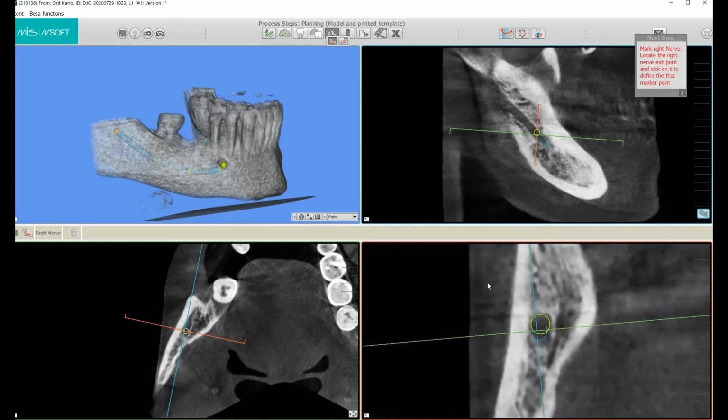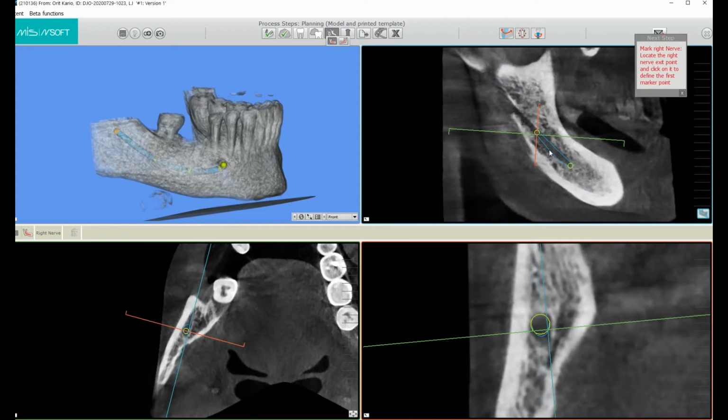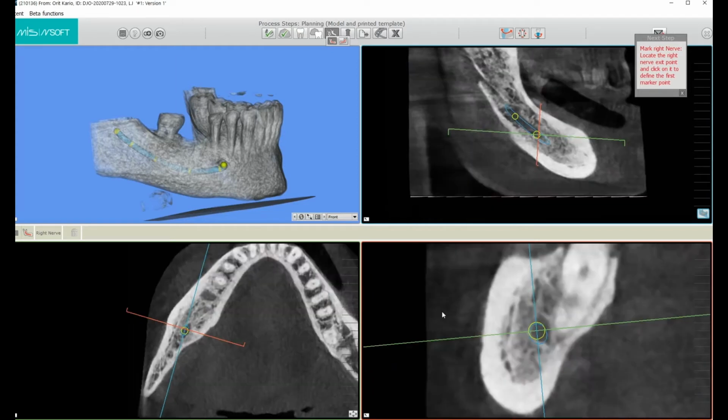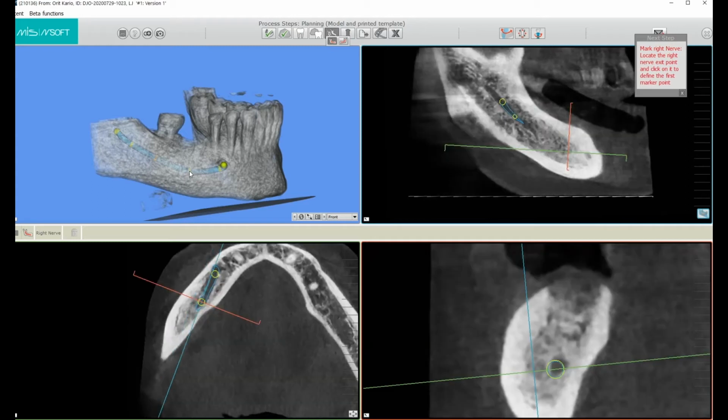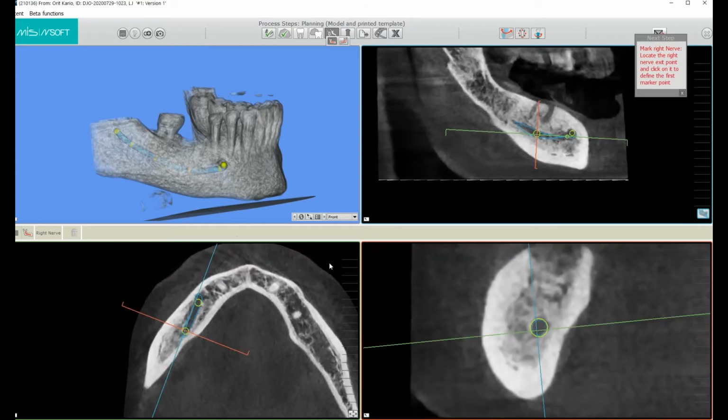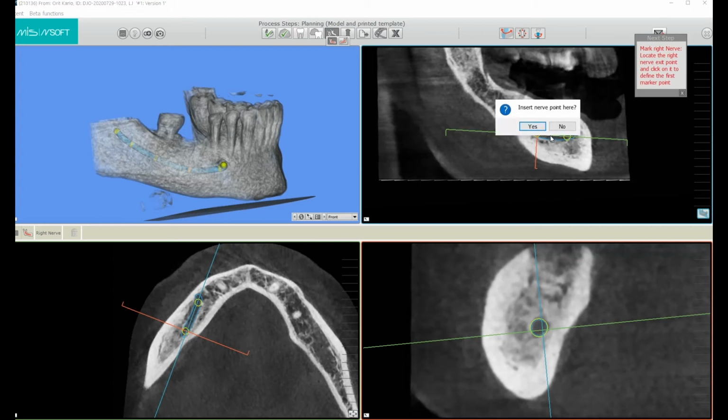At this point, it isn't tracked completely, so we'll go back and check the nerve points. I can click on a nerve point in the 3D view and it will take me back to the nerve points. You can always add nerve points. This is helpful in areas where we'll place implants. This will help you make sure that your implant will not be placed within the nerve.